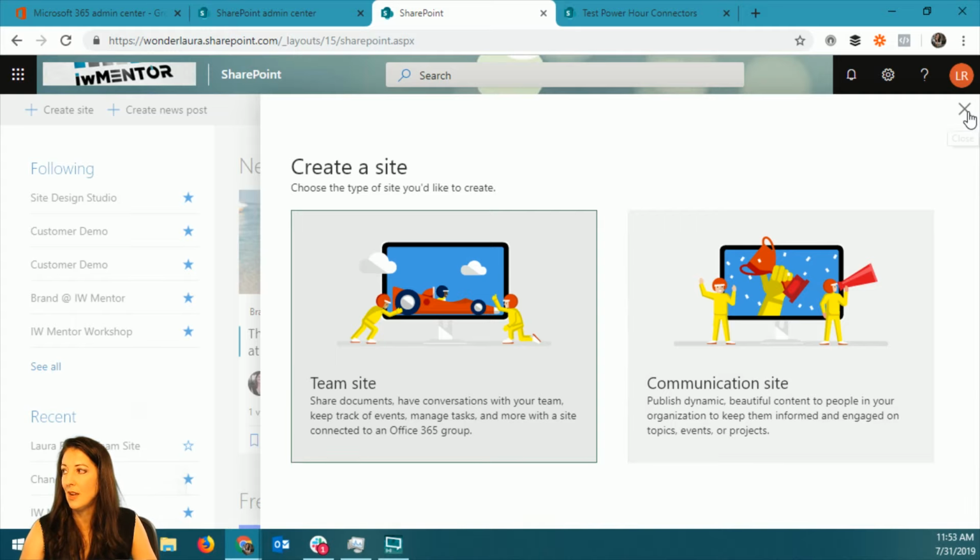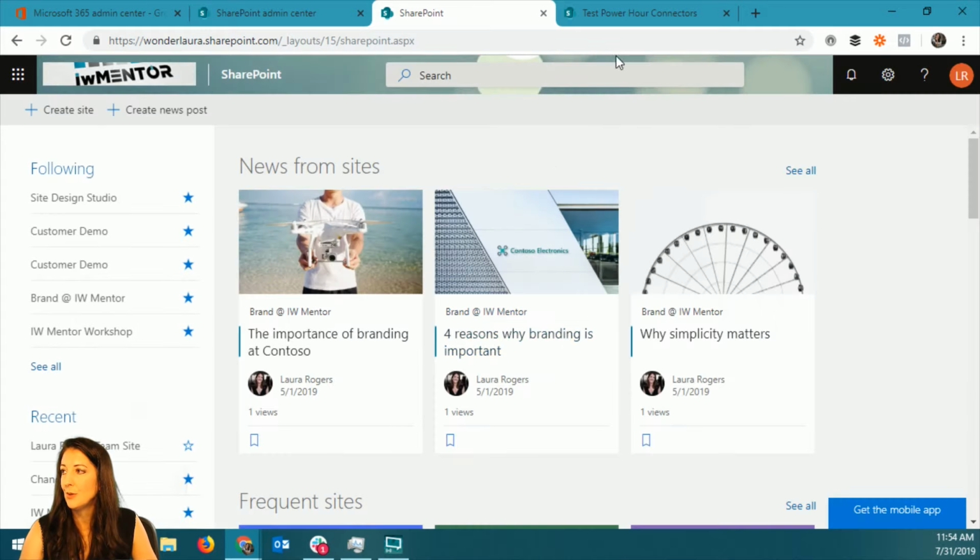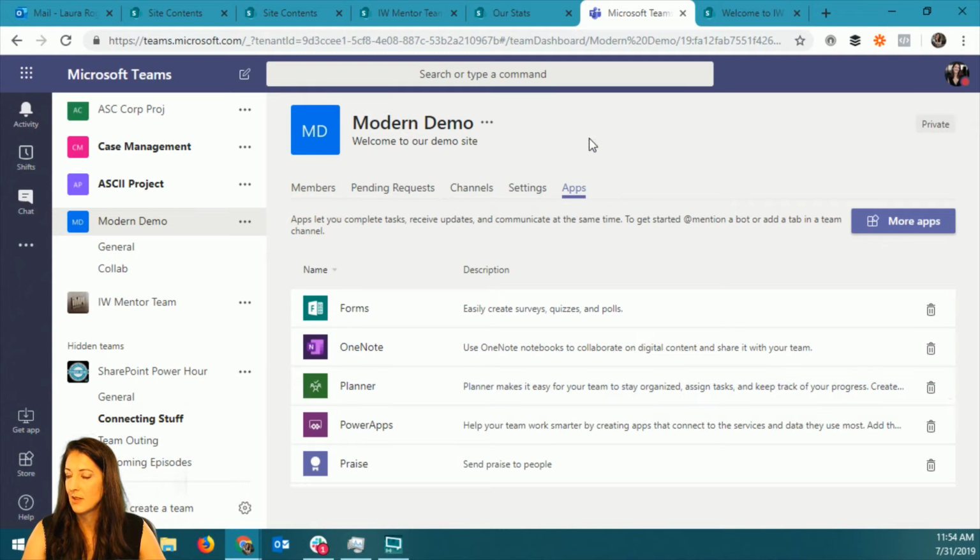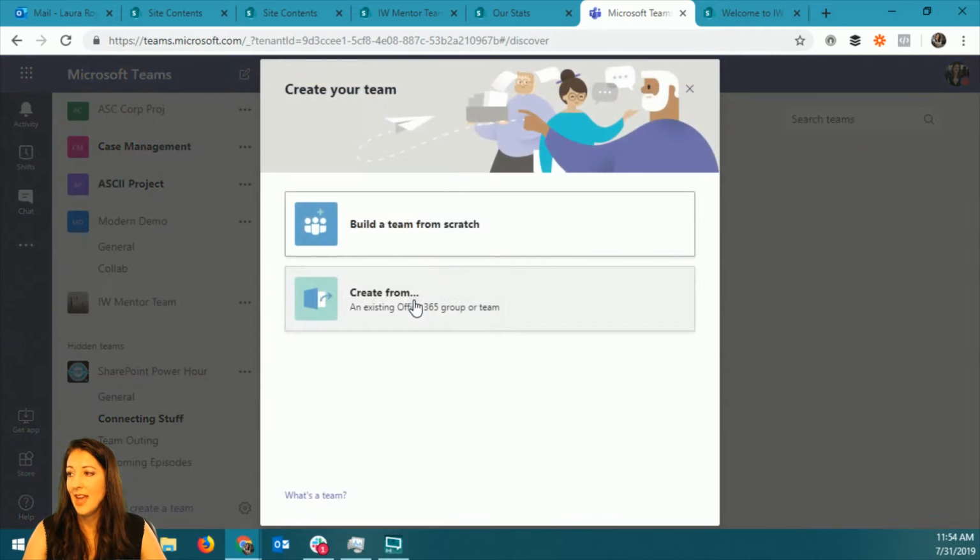an Office 365 group. And if I go to Teams, and I create a new team, that is going to create an Office 365 group and SharePoint site as well. But I highly encourage you that if you already have an existing Office 365 group, don't create another team that's going to have a similar name to the Office 365 group that you have, because you don't want to